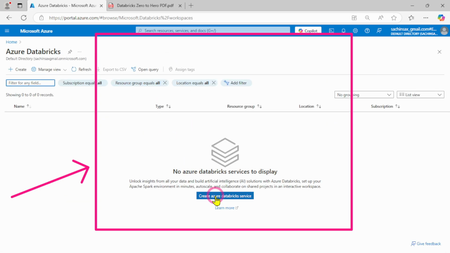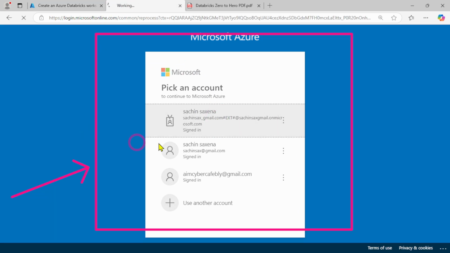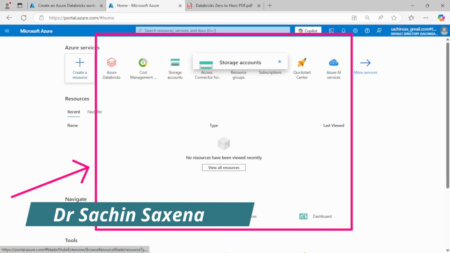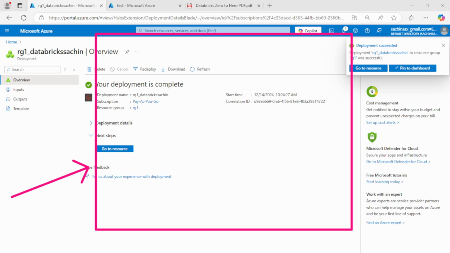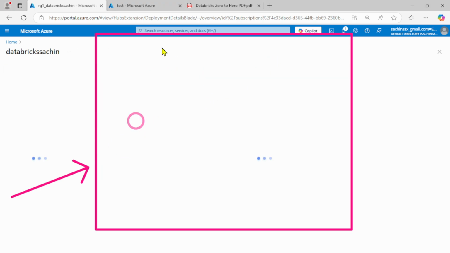I'm creating this new Databricks, and along with this, with this admin portal, I'm going to create a new storage. Let's pause the video. Meanwhile, it's going to create. Alright, you can see my Databricks has this resource which is ready to move, and inside this resource I can click to go to resource,